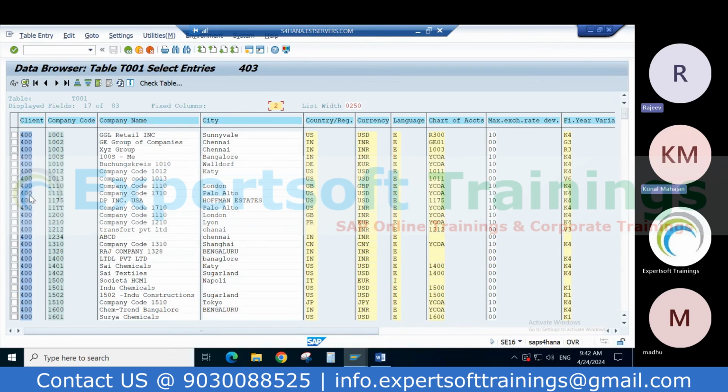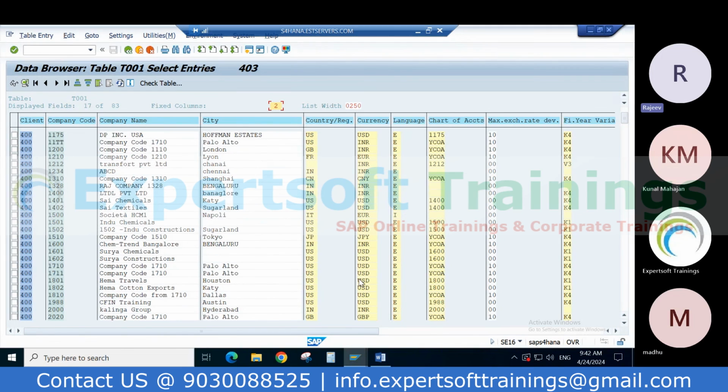And this shows you basically location, departments, everything, right? Cities. Yes, you can see a couple of company codes for India, a couple for US, a couple for Great Britain, France, China, Italy, Japan. Different countries are there. For a company code, we have to mention currency as well, their city, company name, and this is a 4-digit long numerical code. You can use alphabets as well, depending upon your business terminology, right?